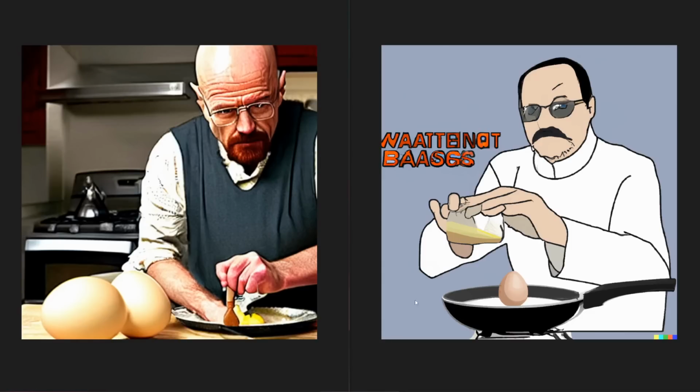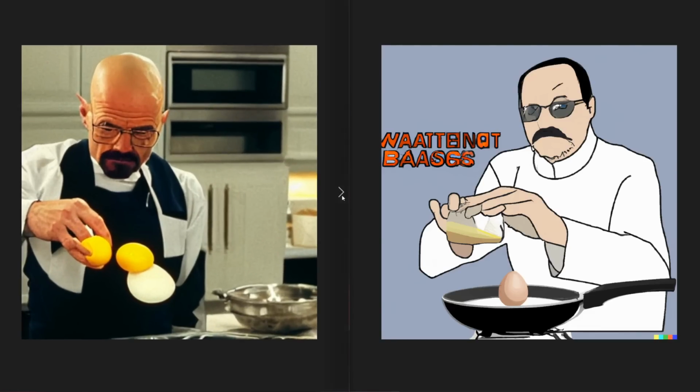So number 8 here coming in, we've got another Walter White prompt. Again, a little bit more biased maybe towards Stable Diffusion for this, because of course Dall-E 2 is not allowed to generate Walter White stuff like we talked about earlier. But, you know, I think, obviously, Stable Diffusion nailed this prompt, even though, you know, his hand's a little bit messed up, the eggs are floating in this.